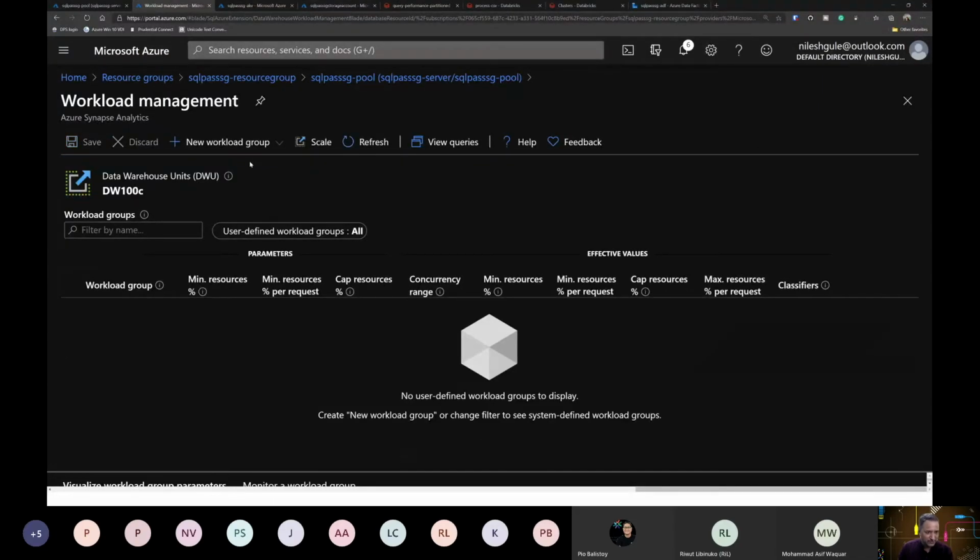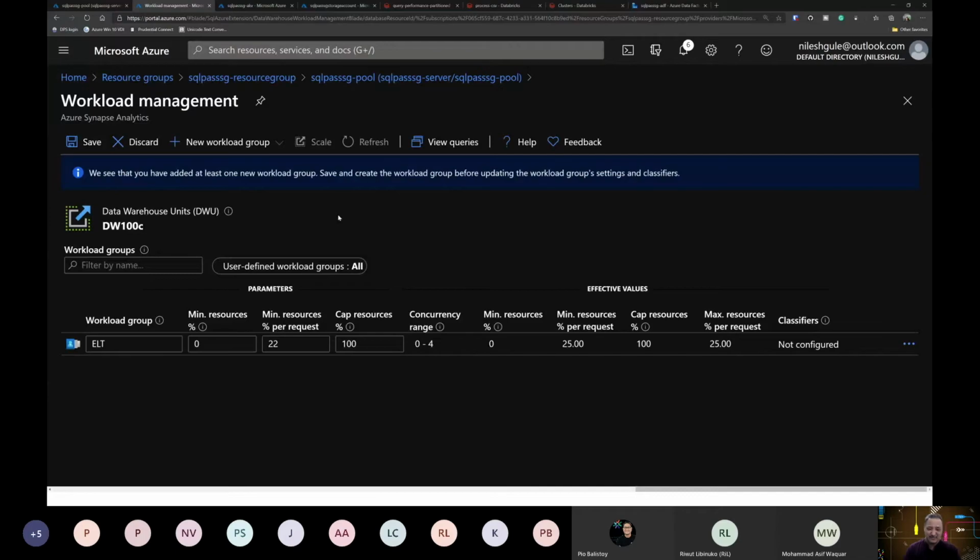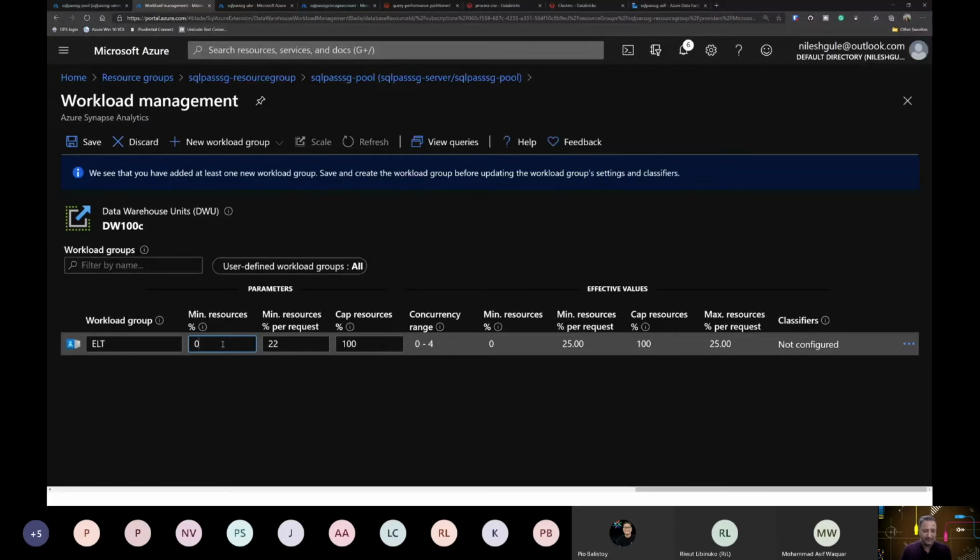The last part which I want to show is the workload optimization, where we can assign resources, we can limit resources. If you worked in, let's say, a Hive kind of scenario or big data using Yarn resource management on Hadoop, this concept is similar, where we can limit the number of resources which are allocated to the queries or the jobs which are running. So what this does is we create a work group here, and it tries to assign minimum resources, maximum resources, and we can cap it.